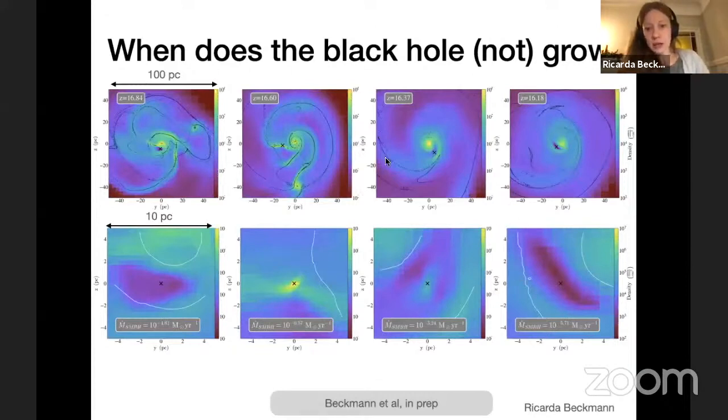And a look at the images revealed where, to a certain extent, the issue was. So at the top here, we've got a series of pictures that show us 4 different snapshots from redshift 6.84 to 16.18. We can see the galaxy with these beautiful spiral arm structures, and the black hole location is marked with this black cross. And you can see the black hole is certainly in the galaxy. It is certainly near the center of the galaxy, but it's not precisely located at the center of the galaxy.